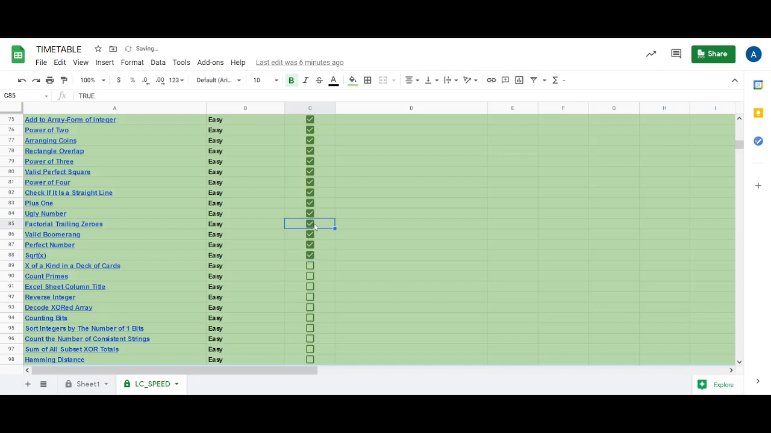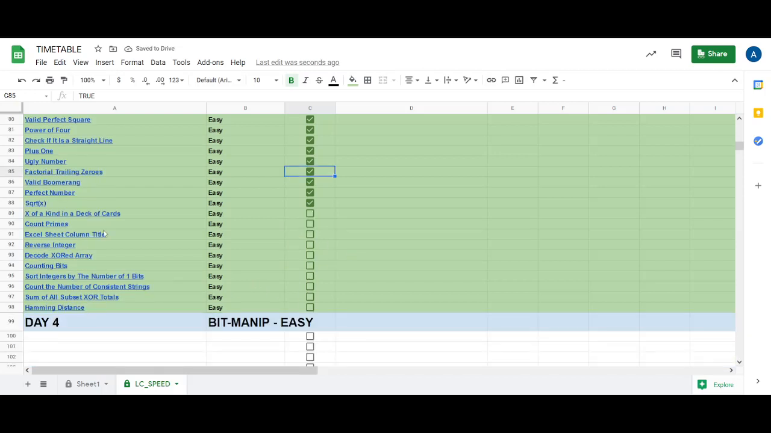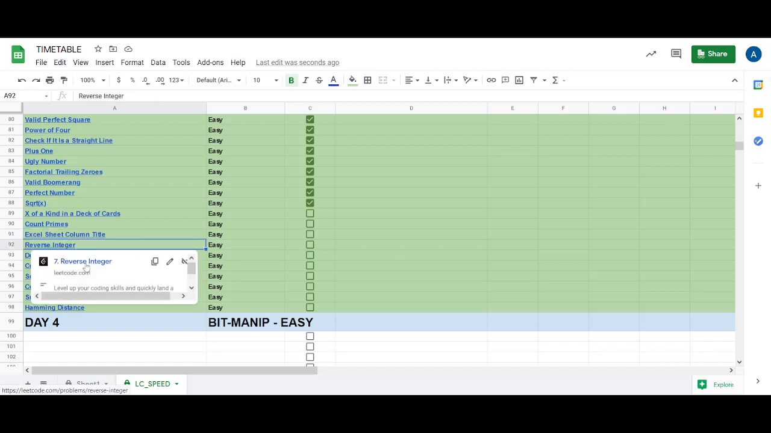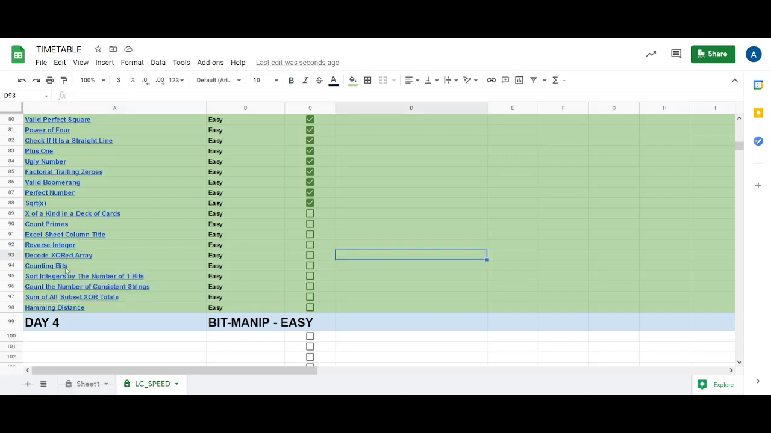So we have done this question. Now the next set of questions, 10 questions are left, so we'll try to solve all these 10 questions. In this we have the deck of cards, we have Excel sheet column title, we have reverse integer, we have decode sorted array, and these are bit manipulation based questions. So yeah,